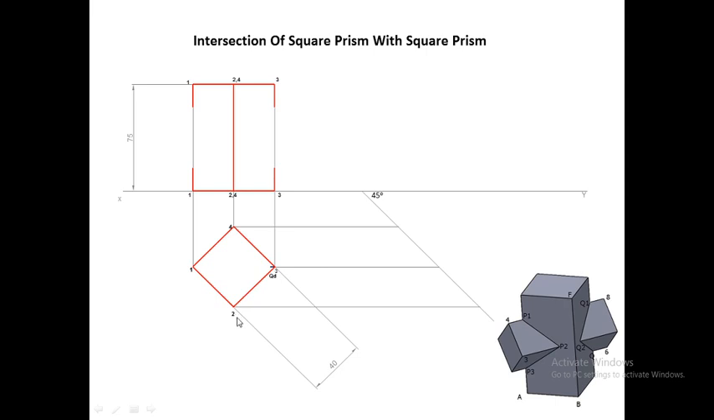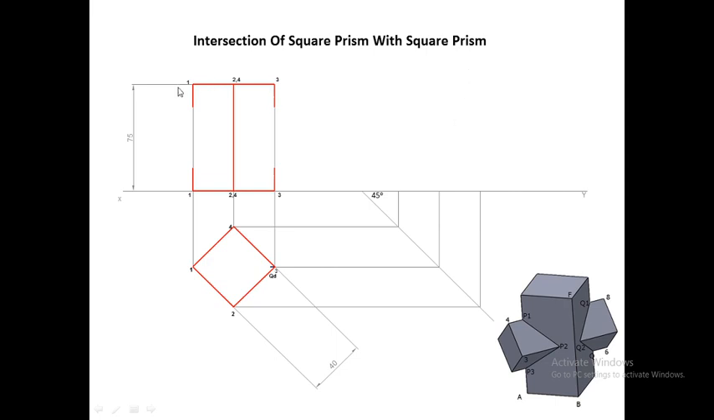Now we will project point number 2 on the 45-degree line. So we have projected point number 2 also on the 45-degree line. Now we will draw the projection lines, that is, the vertical projection lines in the side view. After drawing the vertical projection lines till the XY line, now we will finally complete the side view of the vertical